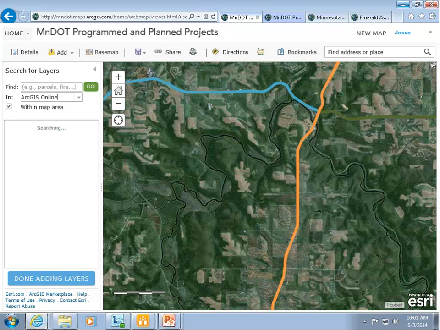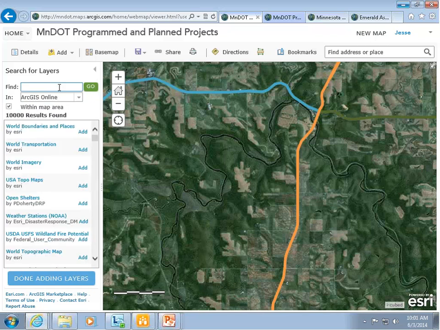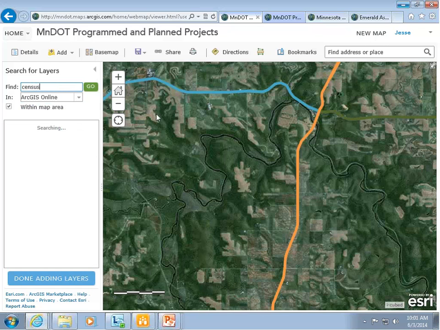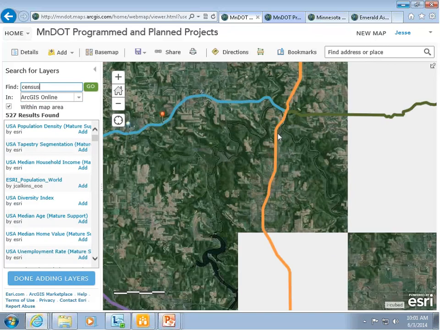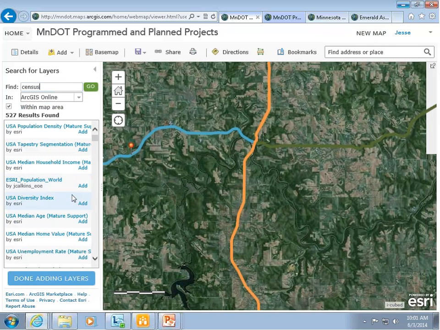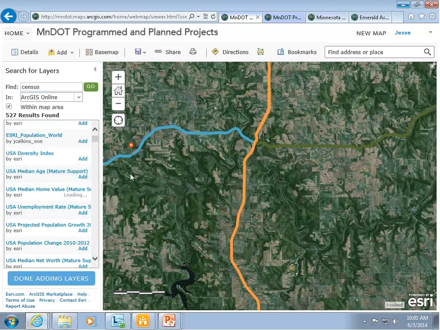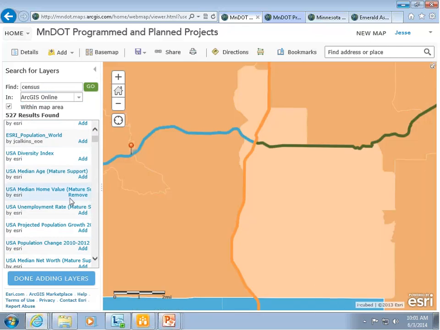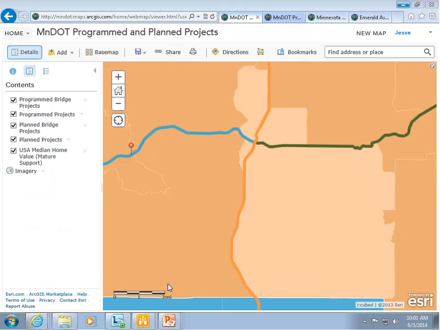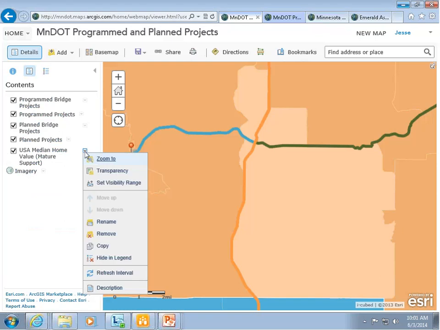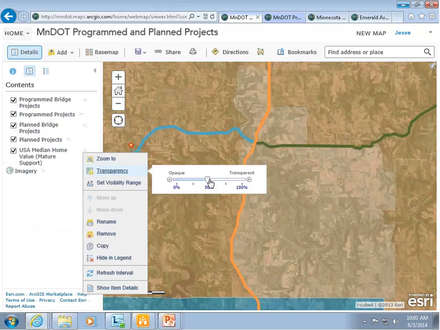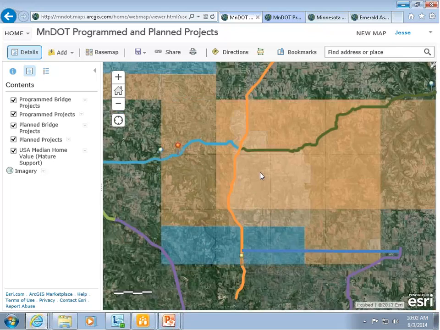If you want to bring in census information like what Jessica showed, you can also add that really quickly and easily. You can bring in median home values. We'll just add that one as an example. And we go back to our, so we're done adding layers. Put this over here. And then you can set the transparency. So we'll set the transparency a little bit. And zoom out, and we can